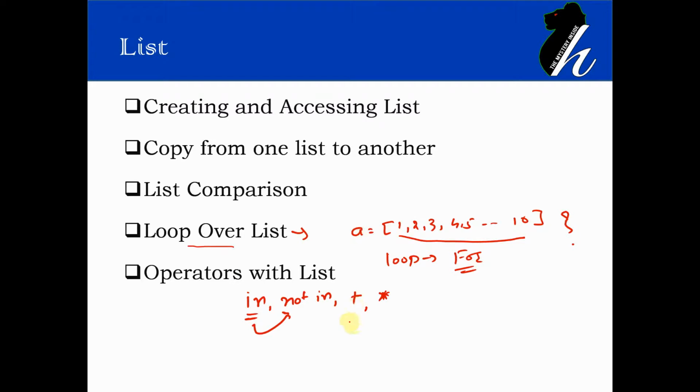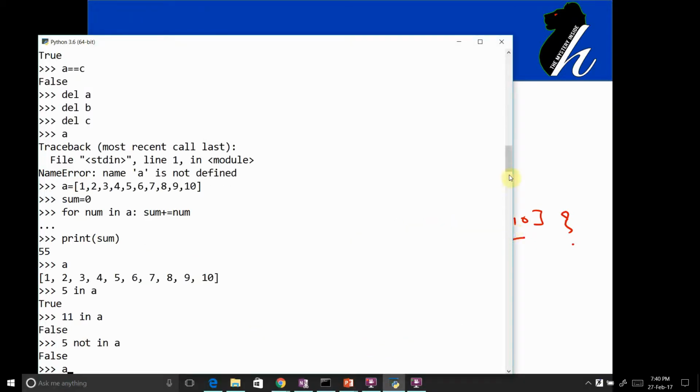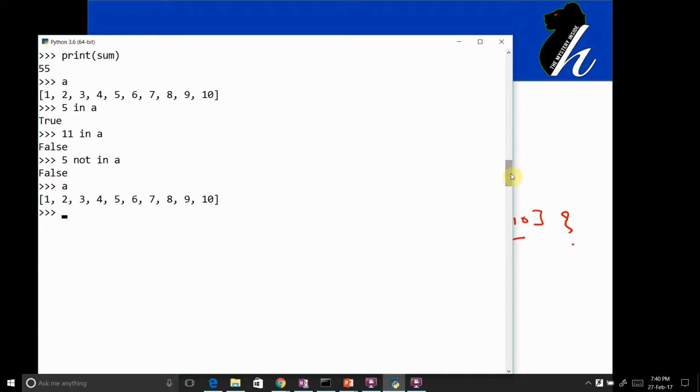So the plus operator is basically going to extend the list. If I have one list, A equals to this, and I wanted to append some new element, then it is directly going to append it. So the plus operator can be used to extend a list, whereas the multiplication operator is the creation of a list with similar values. What does that mean?